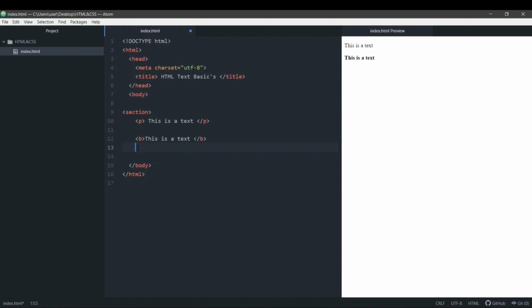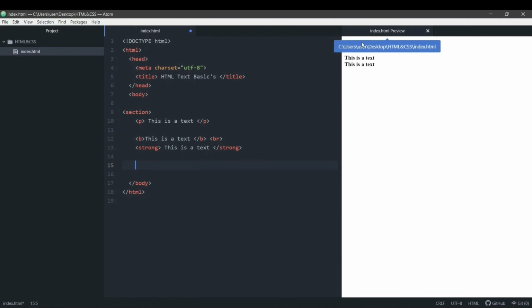Now one more way to convert our text to bold is using the strong tag. Okay, we'll paste this, again we'll close off this strong tag. Now you can see that both of them are similar in their appearances. You cannot distinguish between the both of them, only the browser can tell. And there's one difference between the both of them. I'll tell you the difference after we see this italic tag.